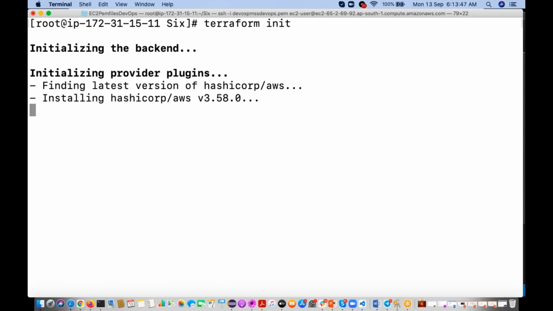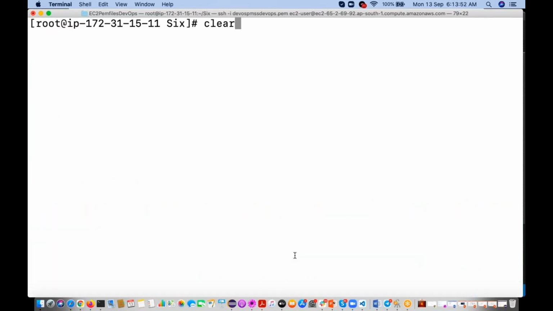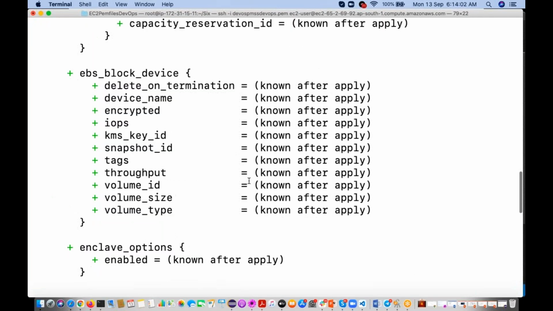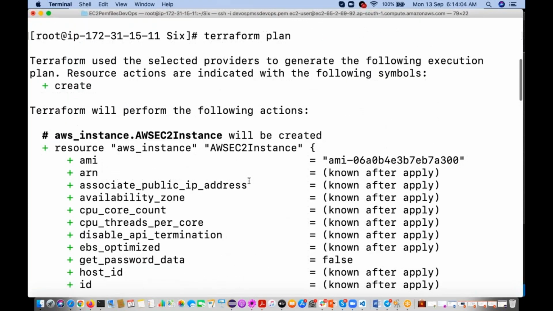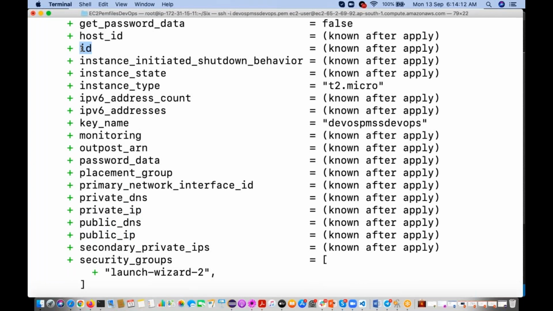Okay. So initialization is done. Now you can execute that plan, Terraform plan. See here, if you observe, public IP address, private IP address, public IP address. Suppose if you want to get that ID, you can use that ID also,